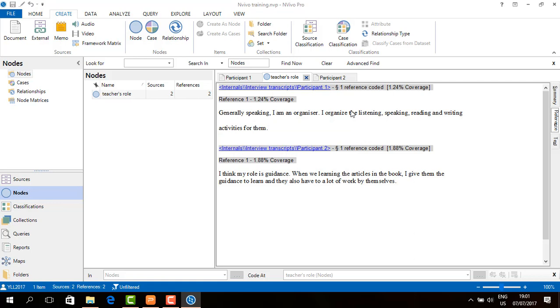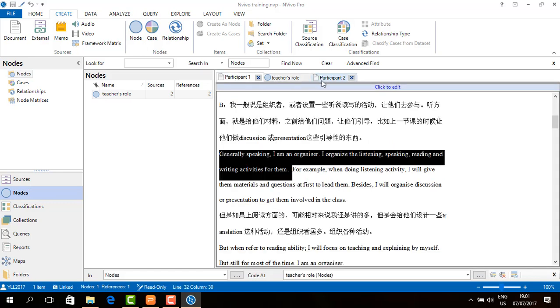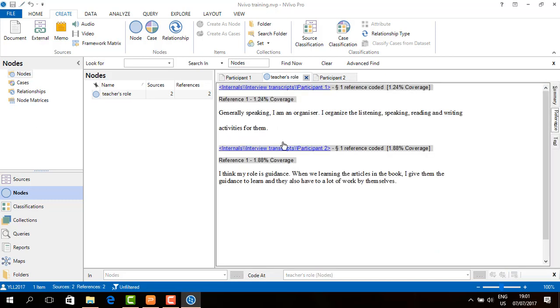As we mentioned earlier, we can code our transcripts from the data that we think is very interesting. For example, if we look up participant 1 and 2's transcript, and the content under the code teacher's role, and we think that maybe an organizer, I'd like to create a code called organizer that is specifically teachers' perceptions about their role in the classroom. And you can select this, and we can go